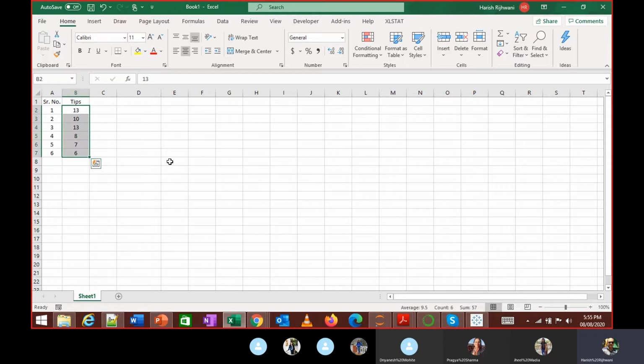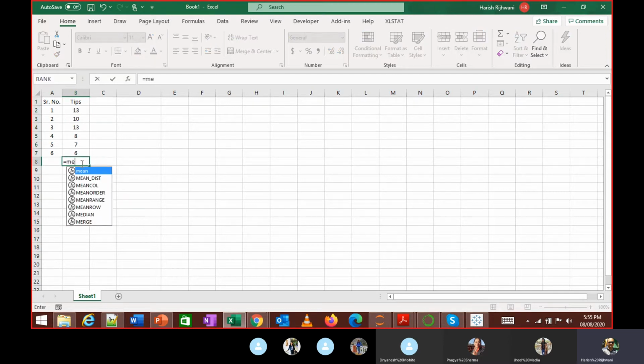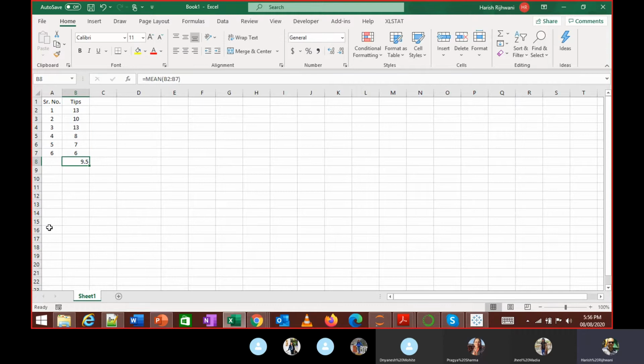So I have only one variable over here, but what do I do with it, right? The best way to analyze this information is I take a mean of this particular value. The only thing I can do with this data at this point of time is the mean. He wanted to find out what is the next thing he can do with this data. What is the possible next tip this person might get?